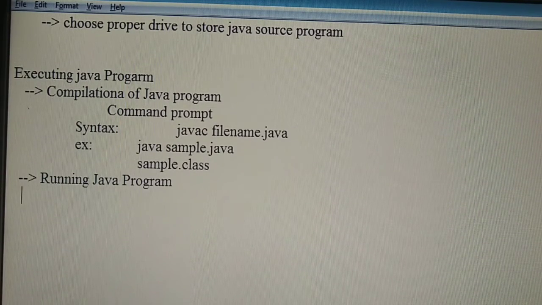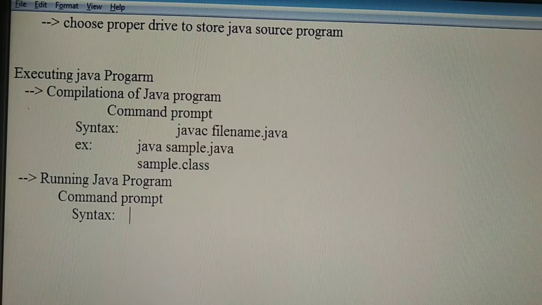Running a Java program. Once we compile the Java program, from the same command prompt, we have to run the Java program. How to run the Java program? During the running of the Java program, we have to use an interpreter called java. Here we used a compiler called javac. Here the interpreter name is java.